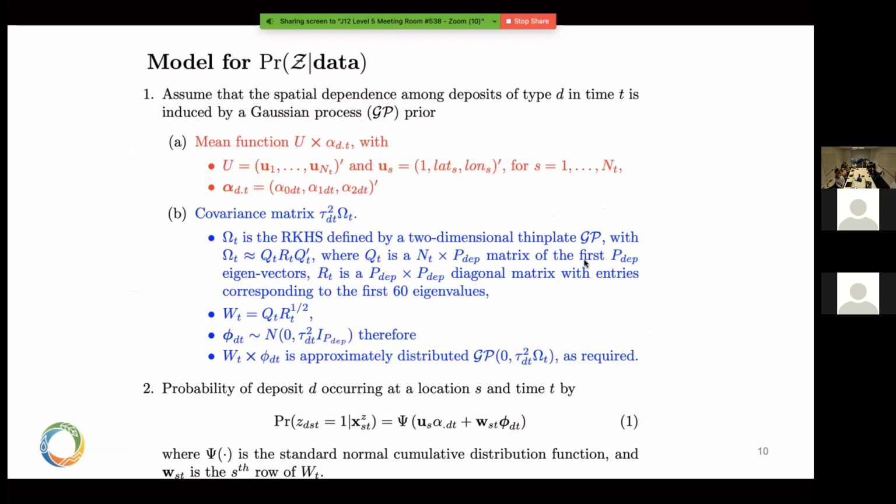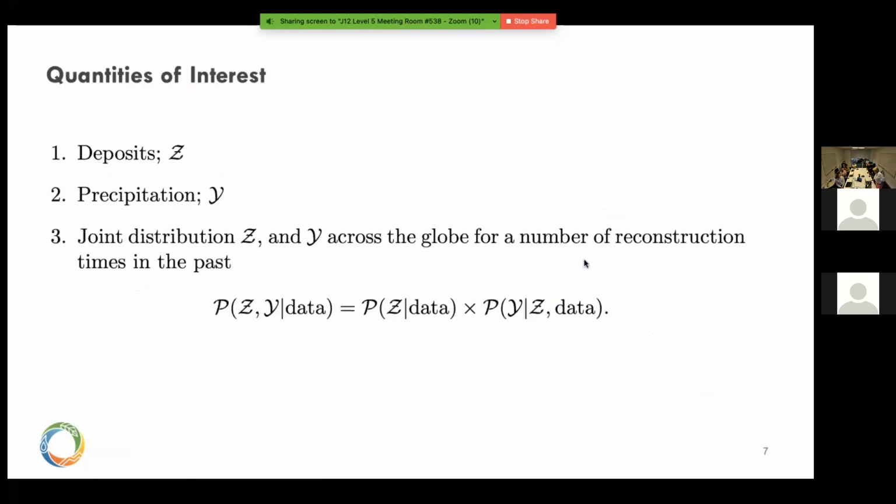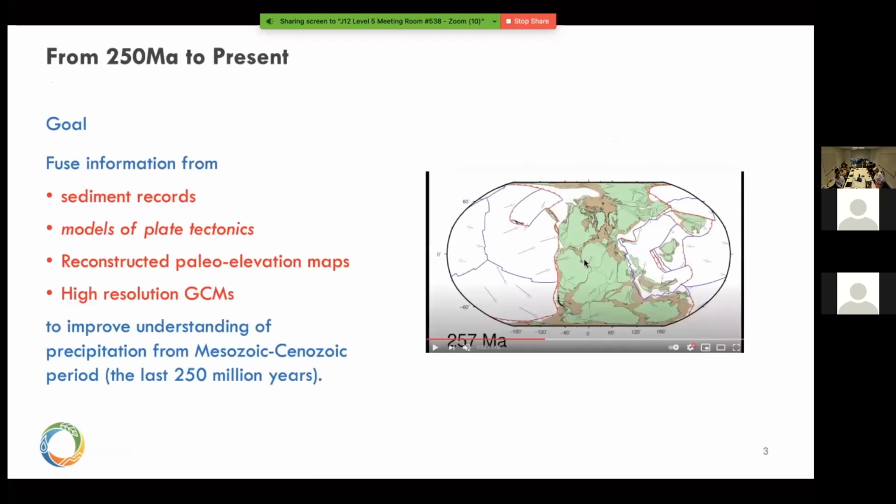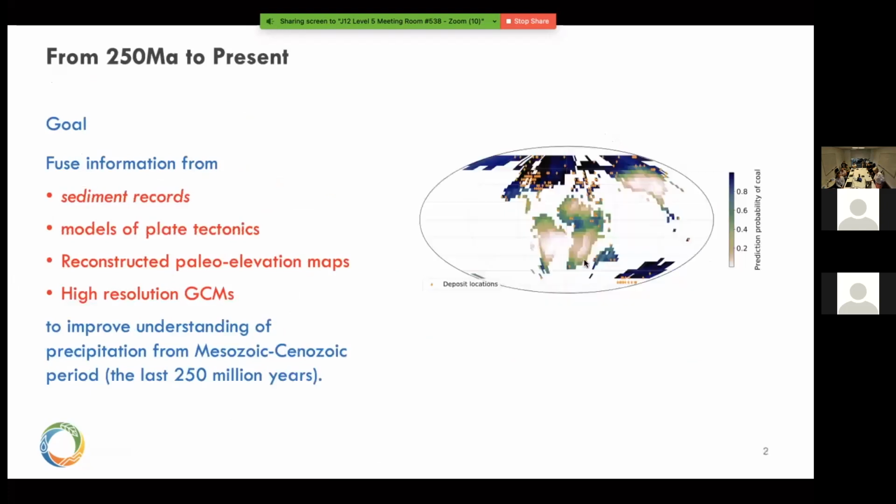We have those data, and here are our observations, and we want a model for predicting the probability, as this model does. This is an output of finding coal at any one of those groups, conditional only on those data. And obviously what we're going to do here is use a GP,